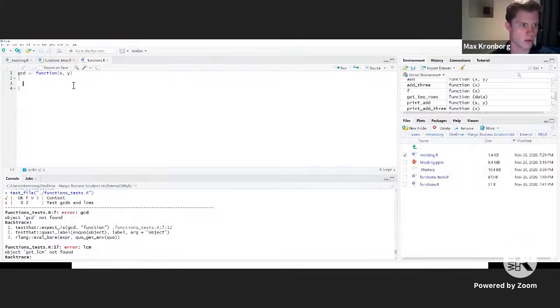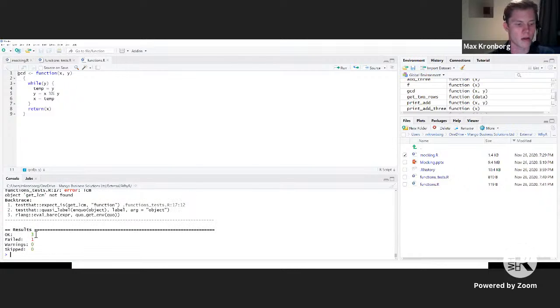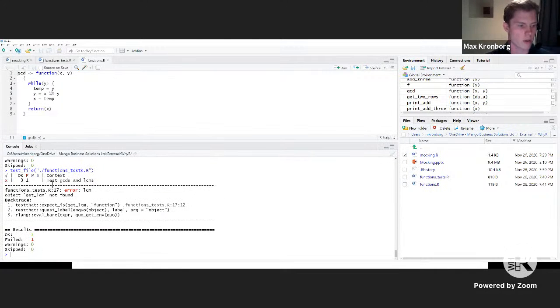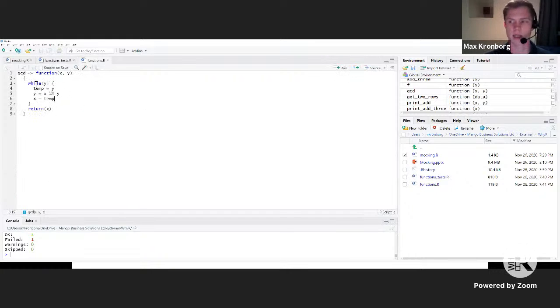It's basically a Euclidean algorithm for computing the GCD. Okay. So if we just save this and we run our test one more time, we can see that we have 3 passed tests and 1 failed. And we get a little bit more of a breakdown here. So 3 of them are fine, and this 1 failed, which is that there's no getLCM function, which is what we'd expect. So what we could probably predict has happened is that these 3 tests have run and they've all passed, which is fine. That's what we'd expect.